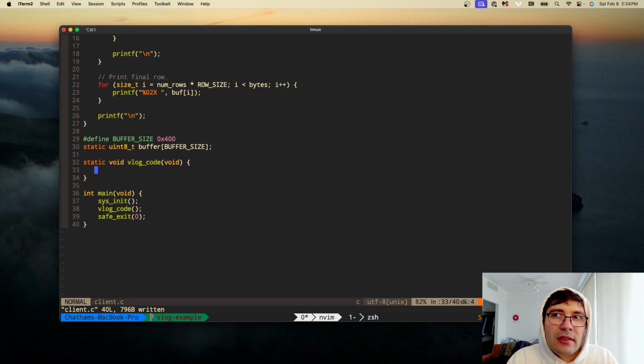Like, doesn't a value in memory already exist as bytes? Why can't we just write those bytes to the buffer? Why can't we just write those bytes back to back to back? Wouldn't that be enough? And the answer is no. So I could give an example of